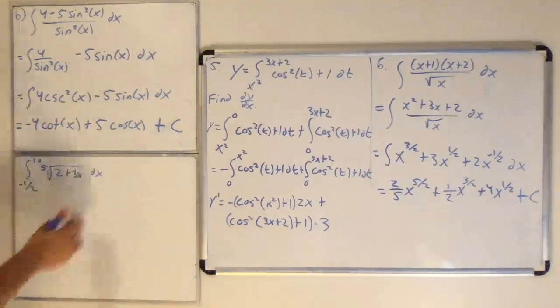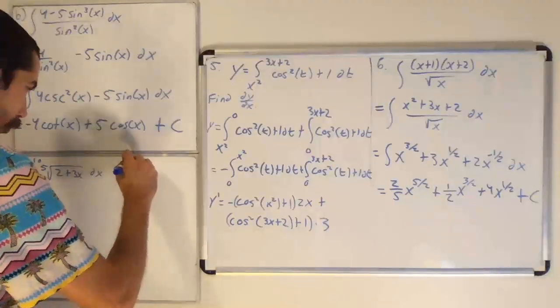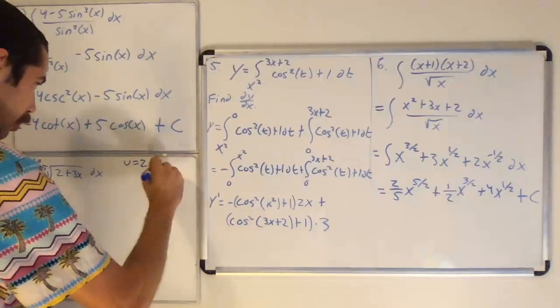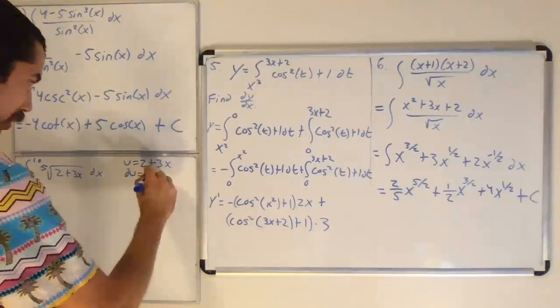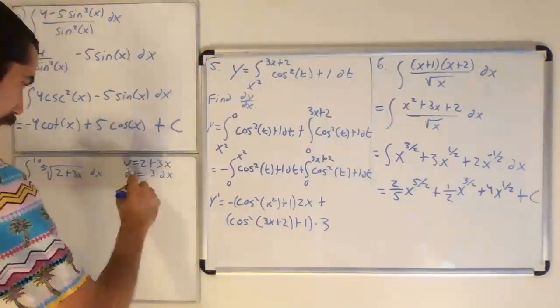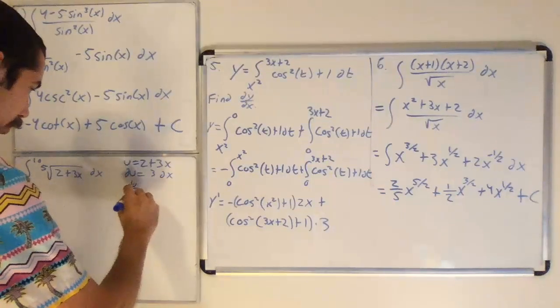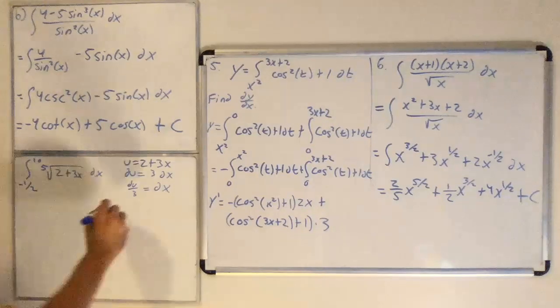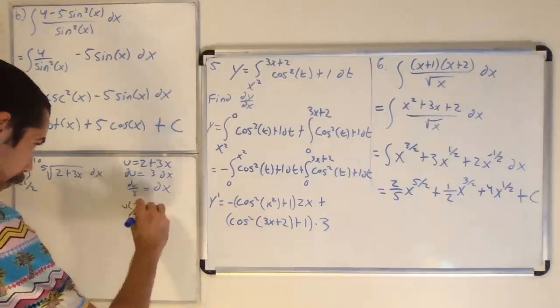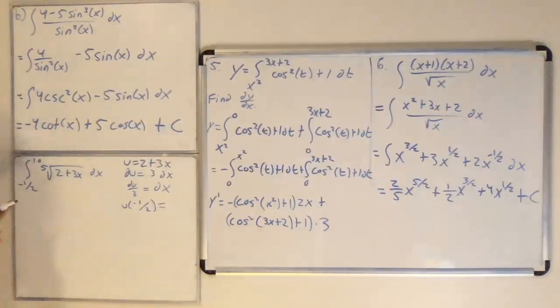And so the way we'll solve this is by using u substitution. So we'll let u equal 2 plus 3x. So du is equal to 3 dx. Or another way to say that is du over 3 is equal to dx. And then our bounds, u of negative 1/2 is equal to 2